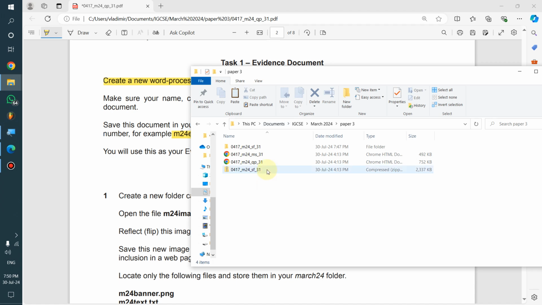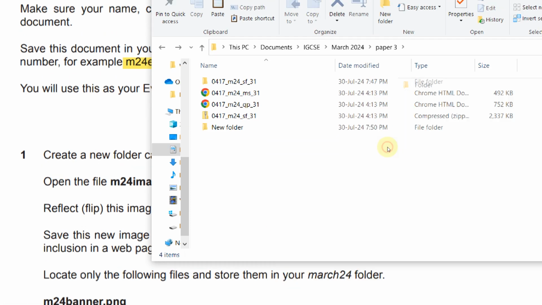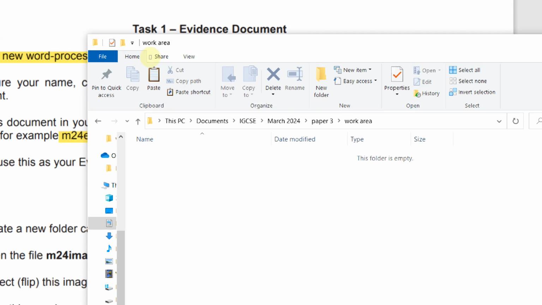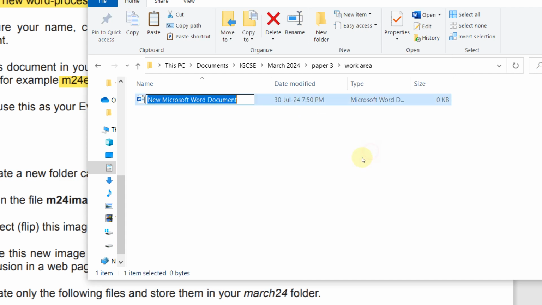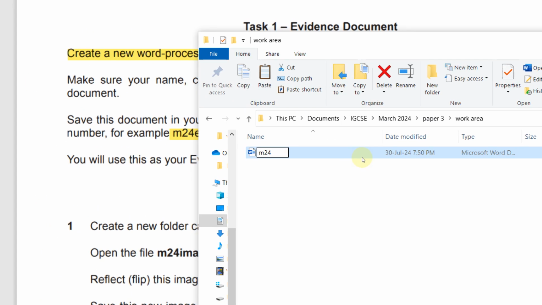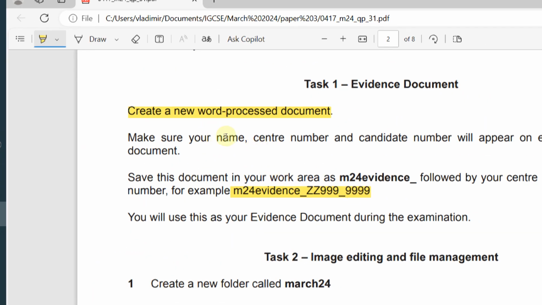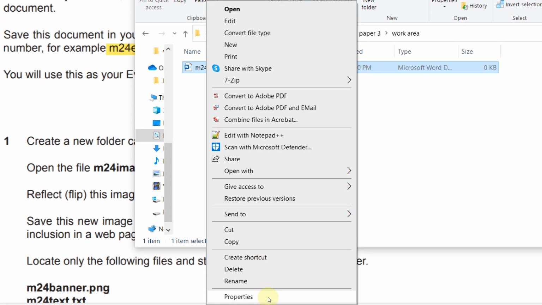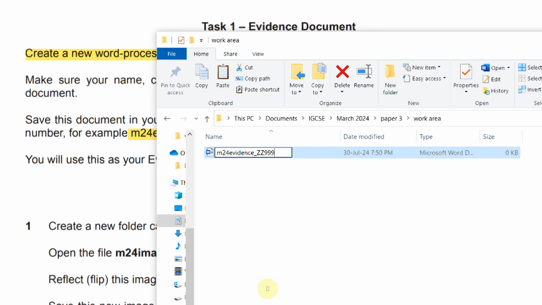So here I have the question paper and the source files. Let me maybe create a work area folder for saving all the solutions, and in this folder I'm going to create a Word document, and I'm going to call it as they ask here in the question. So it's going to be M24 evidence underscore, and then you put your other information. Let me just rename it. Here we go, M24 evidence underscore ZZ999, and here we put